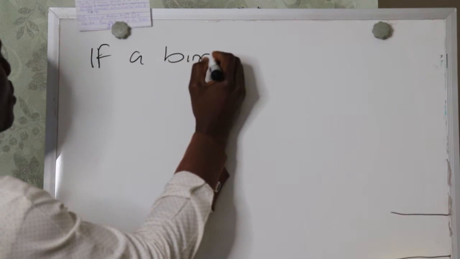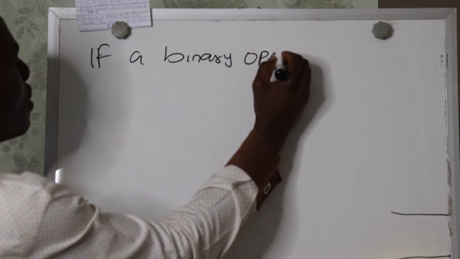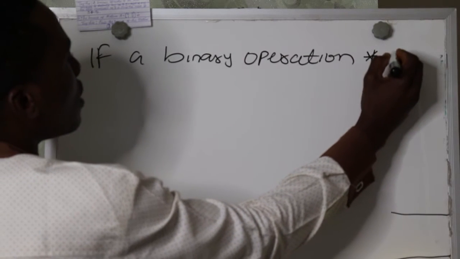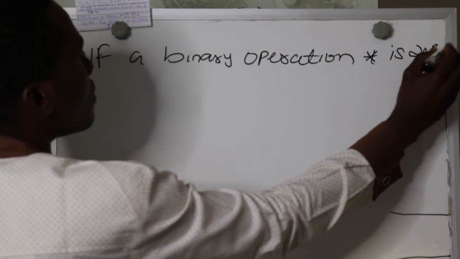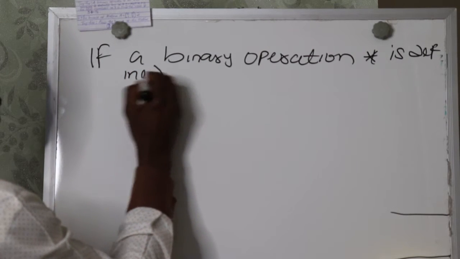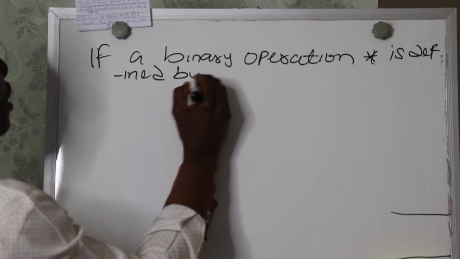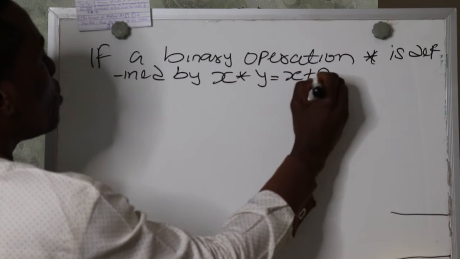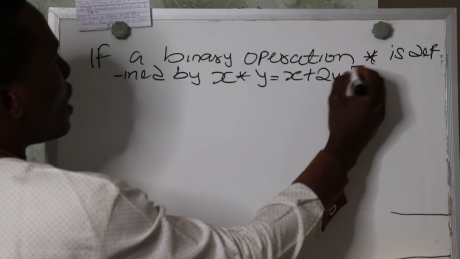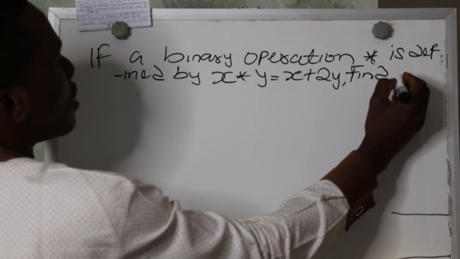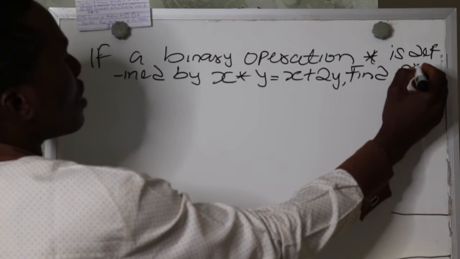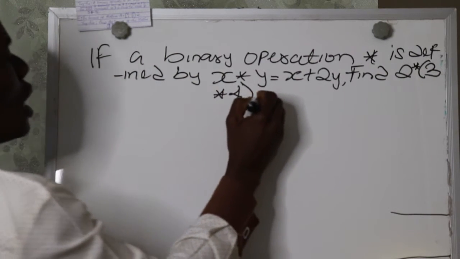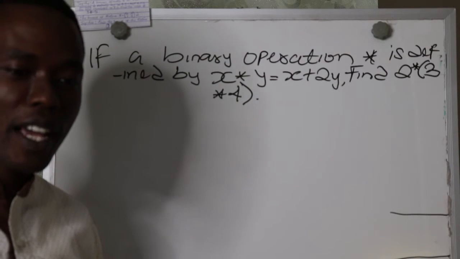if a binary operation star is defined by x asterisk y equal to x plus 2y, you are asked to find 2 asterisk bracket 3 asterisk 4. Now, this is one of those questions you'll be given in your WAEC, in your JAMB